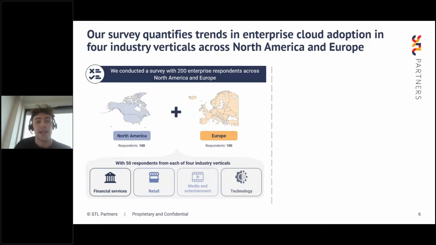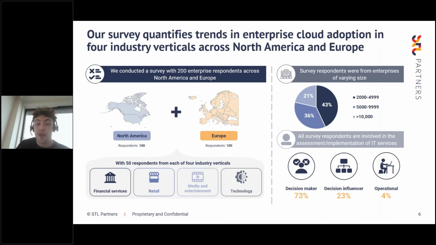And it's good to acknowledge that these industries are the early adopters of cloud. They would have been shifting to the cloud 5 to 10 years ago, and we chose these verticals because of this, that they'd be able to give good insights around our hypothesis. Individual respondents hailed from larger enterprises of varying sizes, and it's also important to note that we excluded SMEs from our respondents. And we typically were hearing from the decision maker in the assessment or the implementation of IT services